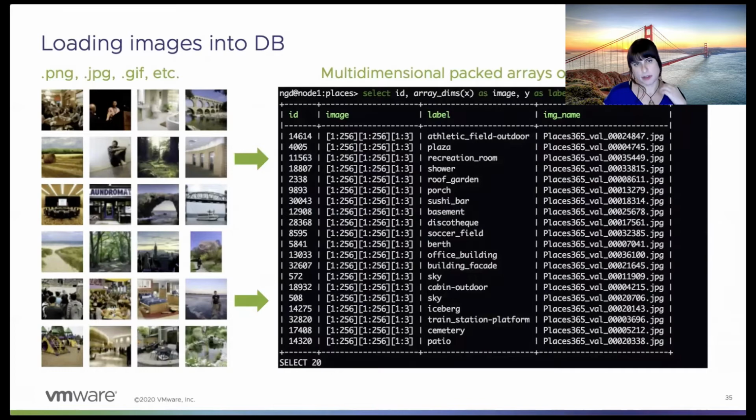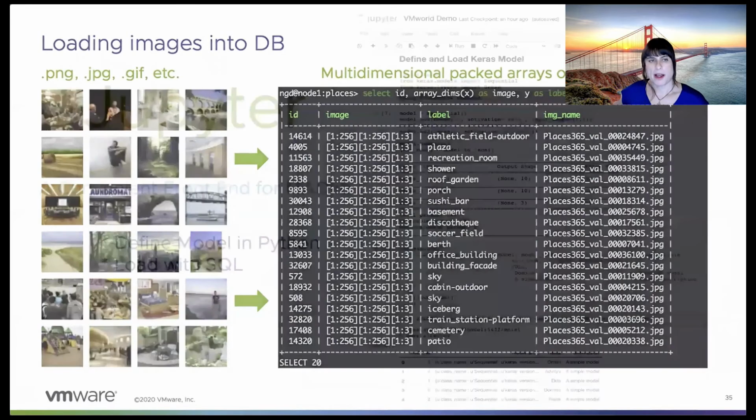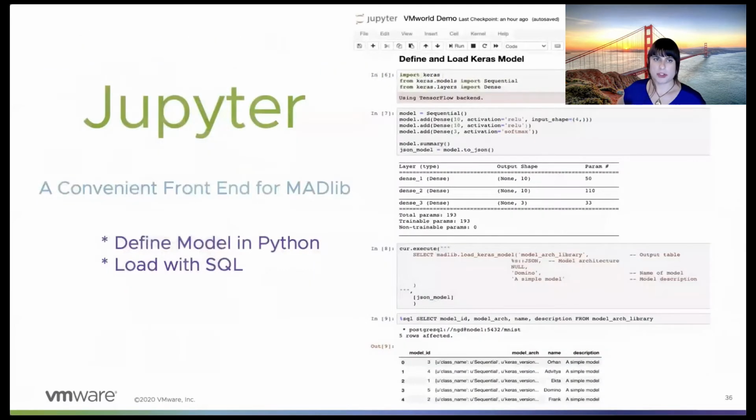And finally, before we get to the demo, I want to show you Jupyter can be a really nice front-end interface for MATLAB. This is something that most data scientists now use on a daily basis. There's a big shift towards using Jupyter and Python for data analysis, usually with embedded SQL that communicates with the database anyway. So this is especially important for MATLAB because